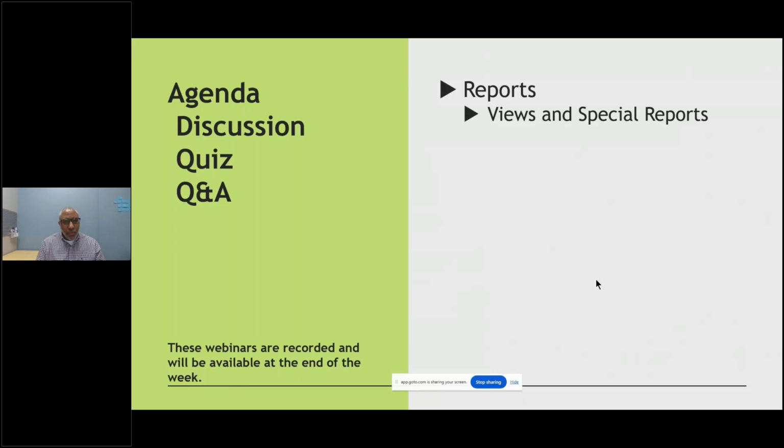We have what I'm calling special reports. They aren't actually in the financial reports tab, but they're reports that you may want to access and use. There's also the financial reports tab, which has a list of reports. And in that financial reports tab is where we're going to create our custom reports.